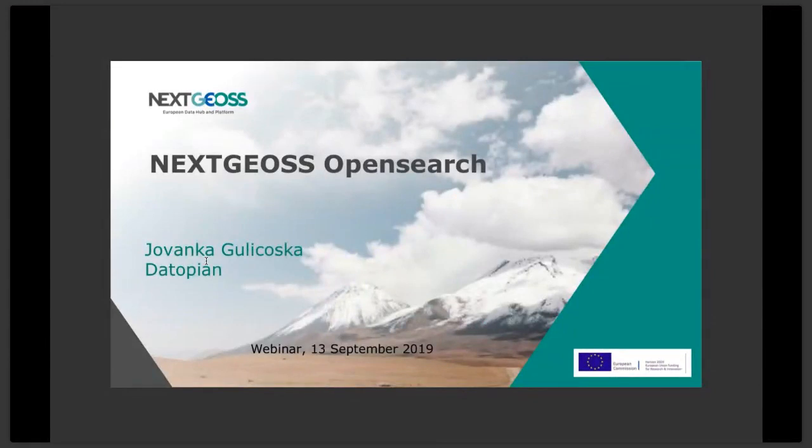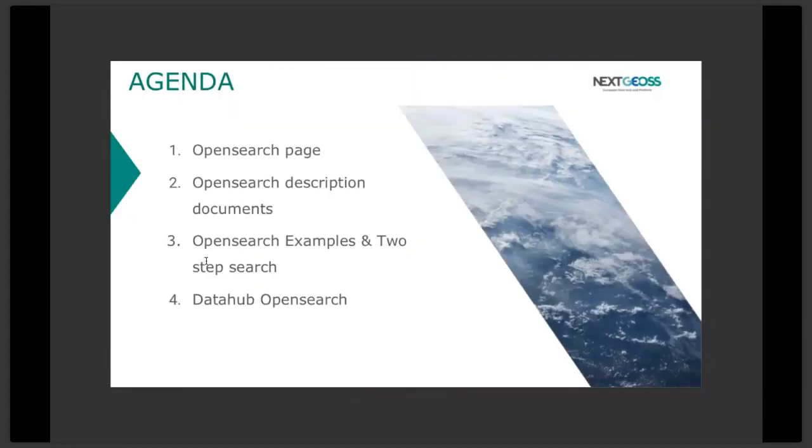Okay, so as Bente said, I'm going to talk about OpenSearch and how we've developed it and the functionalities that we have for it in Next.js. As I said, I worked as a full stack engineer at Dystopian, and I've been involved in Next.js since the beginning. As part of the leading team, we're responsible for developing the data hub together with the other